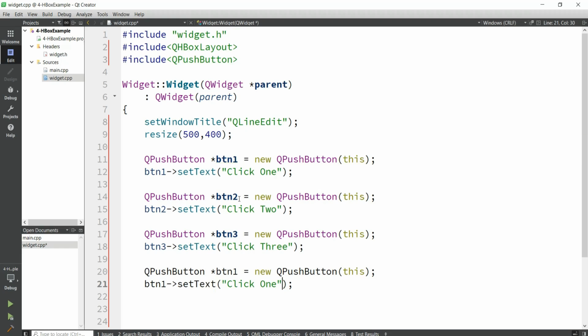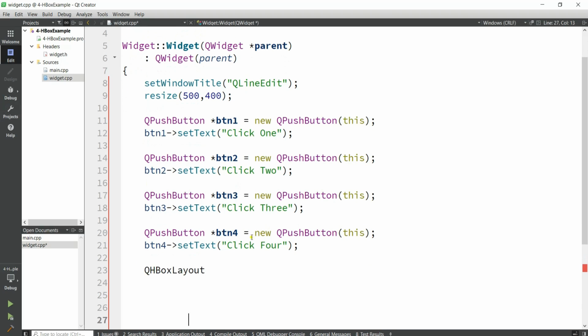Also I need to create another button. This should be my 4th button, and I can just say btn4, and this should be click 4. So now we have our 4 buttons. After that we need to create our edge box layout. So I can just say Q edge box layout, and in here I can just say edge box new Q